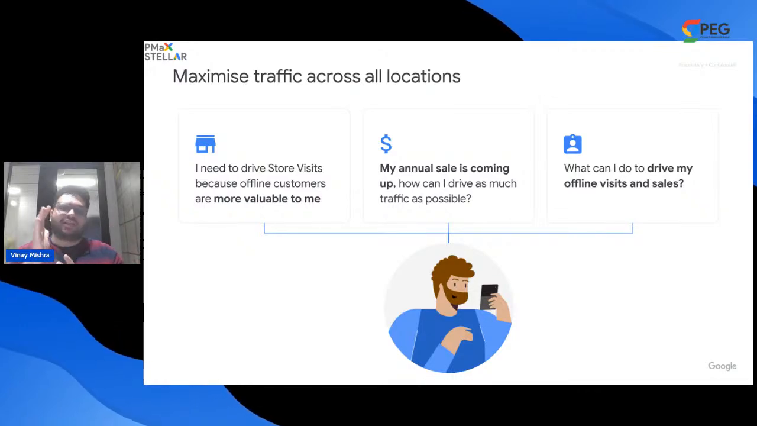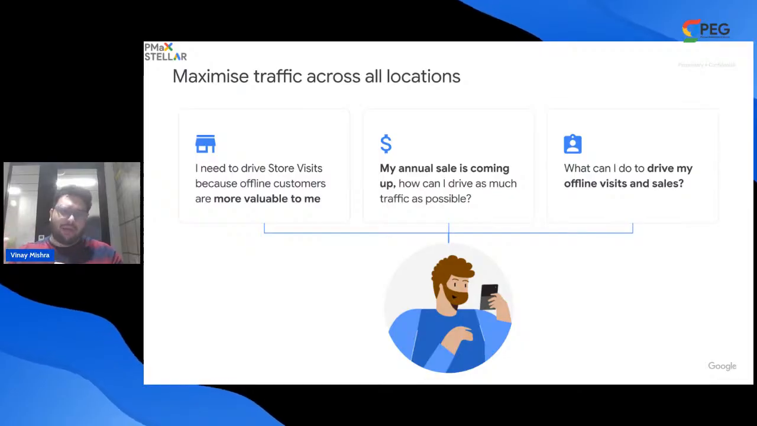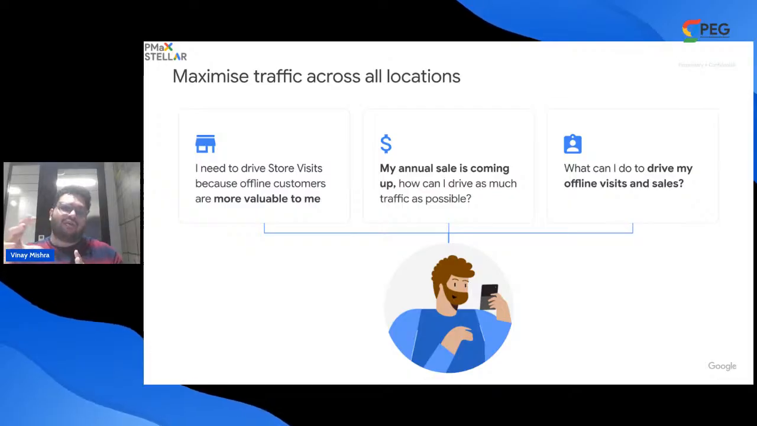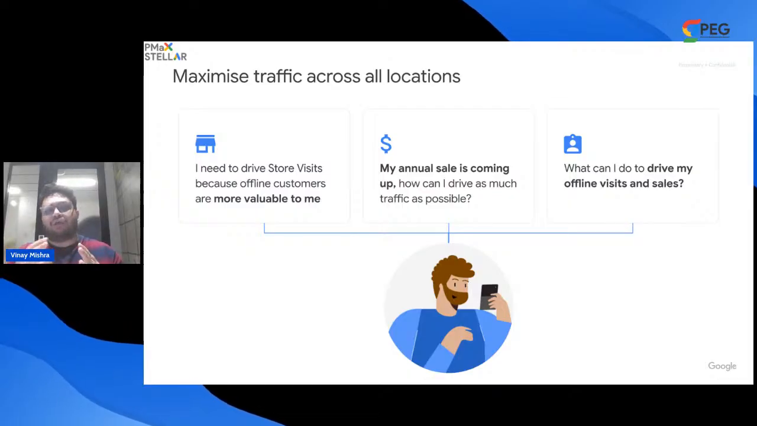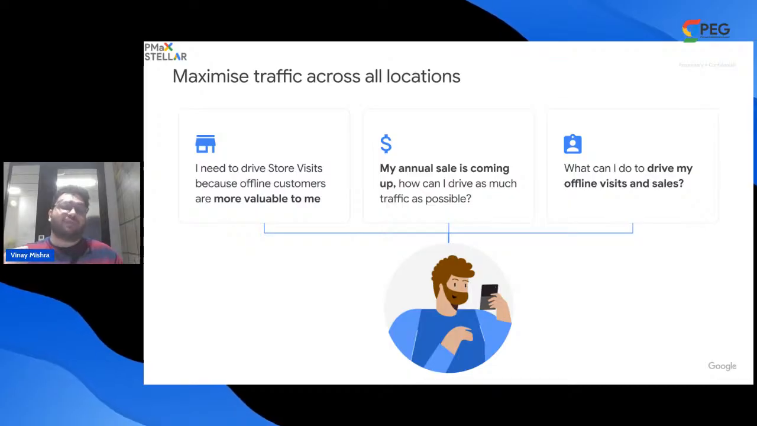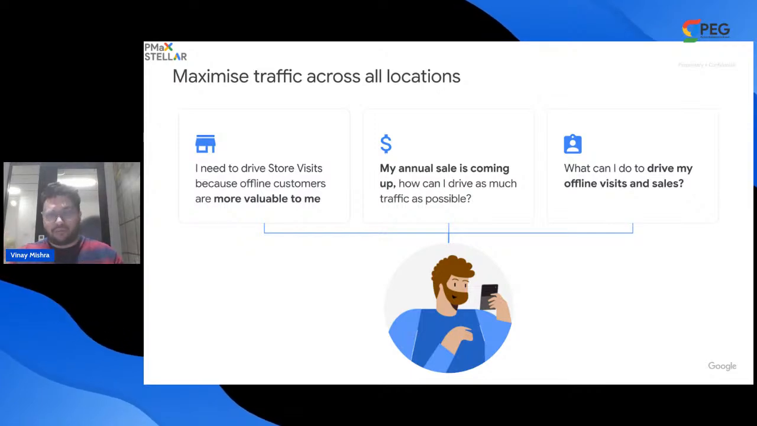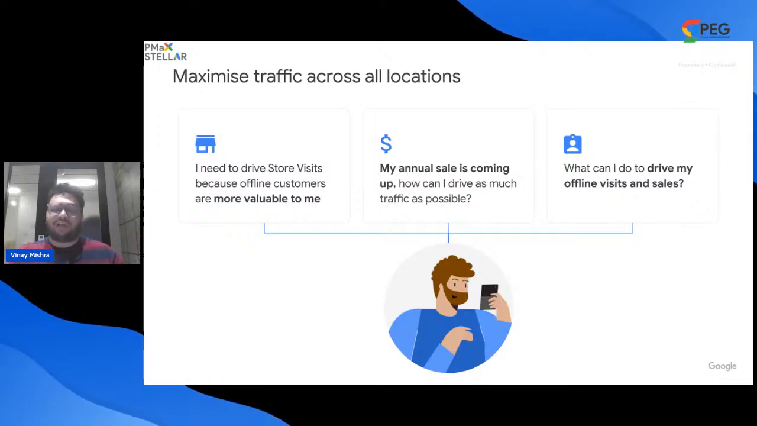At the same time, let's say your annual sale is coming up. You know that more customers will be visiting your stores for your annual sale, or a seasonality-based sale, right? Using Performance Max, you can focus on driving as much traffic as possible to your store. And in terms of what you can do to drive offline visits and sales with your Performance Max campaigns, as I've mentioned earlier, you can use the different options available based on audience signals, where you can enhance your reach